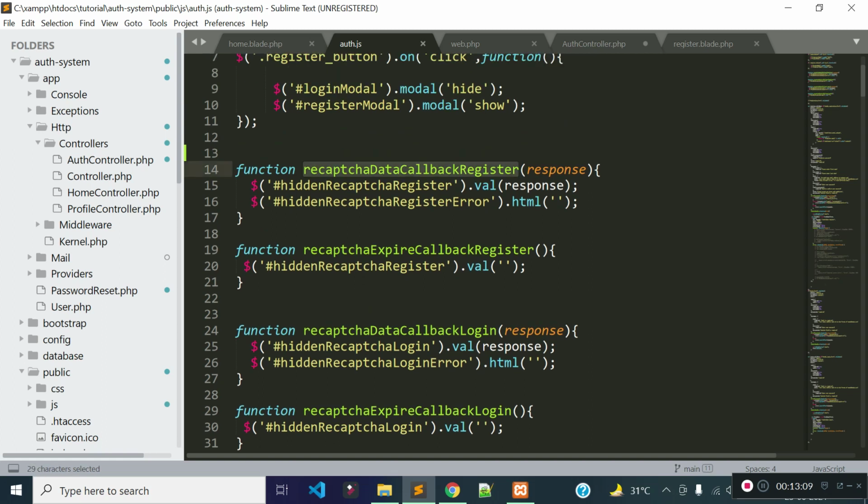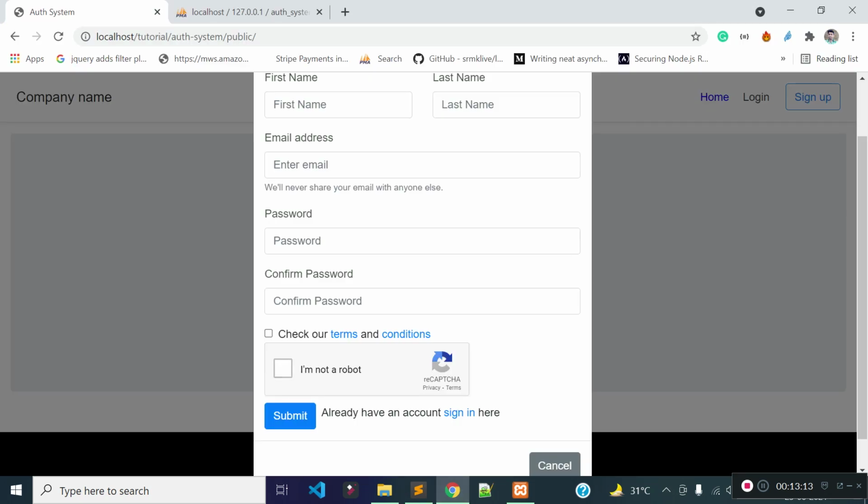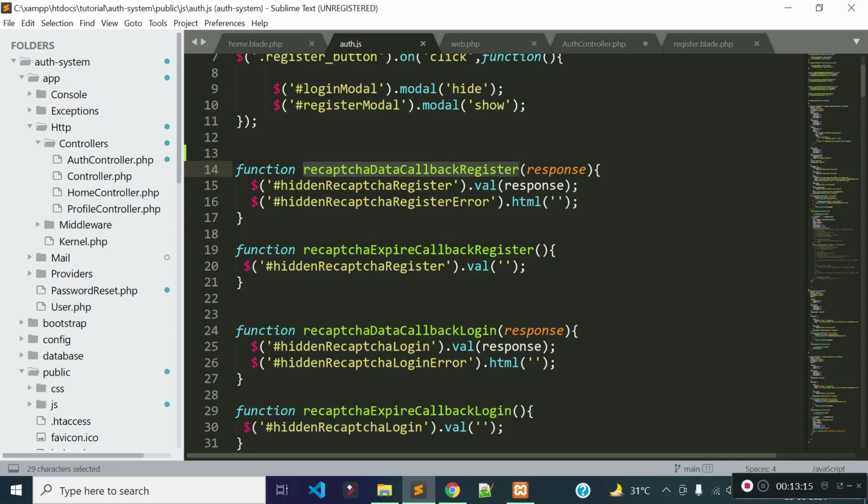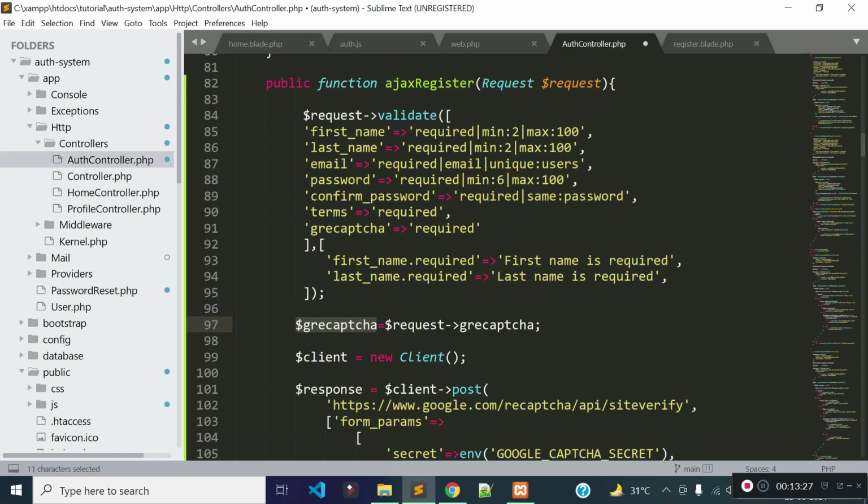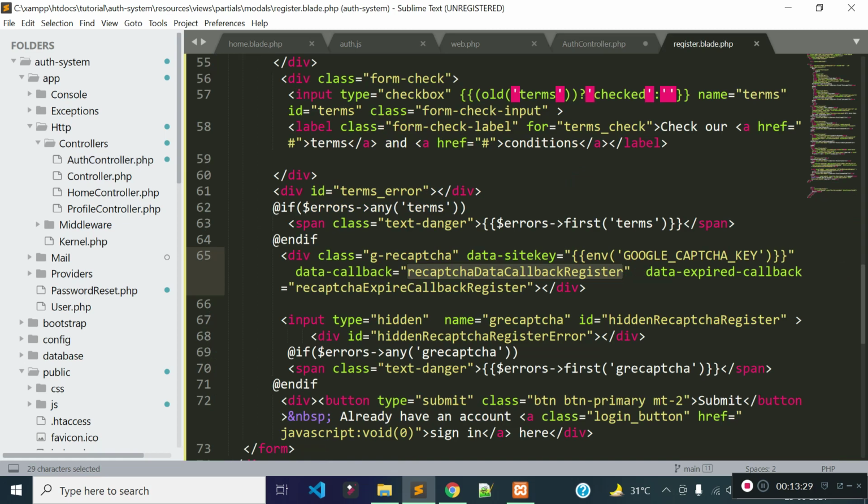Here it is. Whenever a user checks this Google reCAPTCHA checkbox, this method will be called and we will get a response. This is the Google reCAPTCHA response, and we are storing this response in a hidden field. This is the ID of the hidden field which is present inside our registration form.